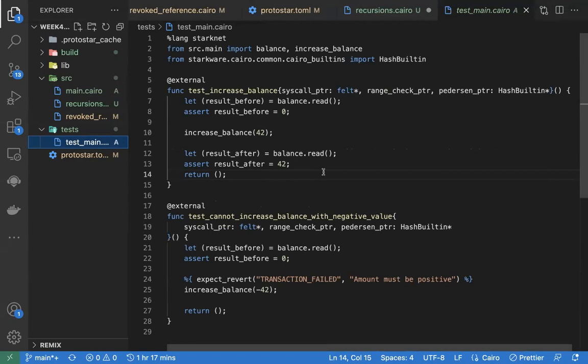Clarification on what exactly? Okay, I'll get back to that. So your test is supposed to simulate all possible scenarios based on